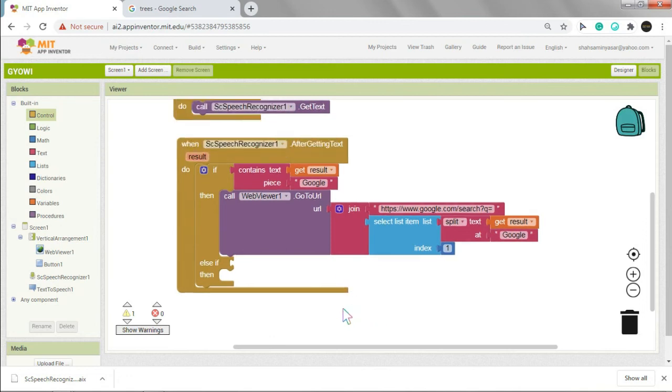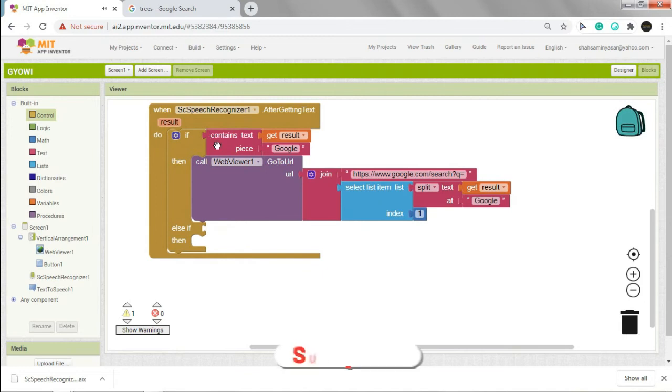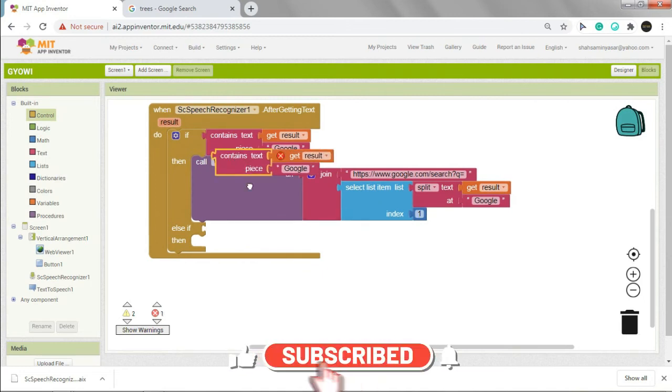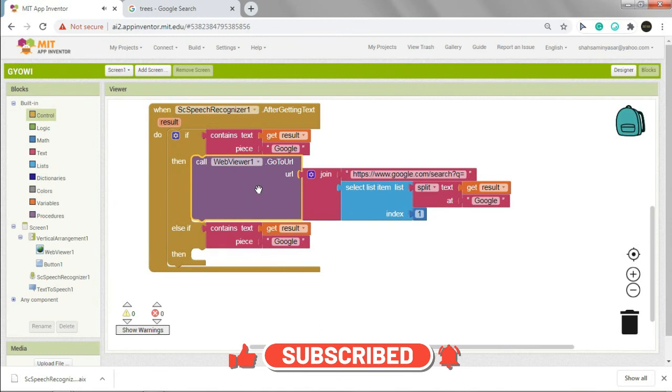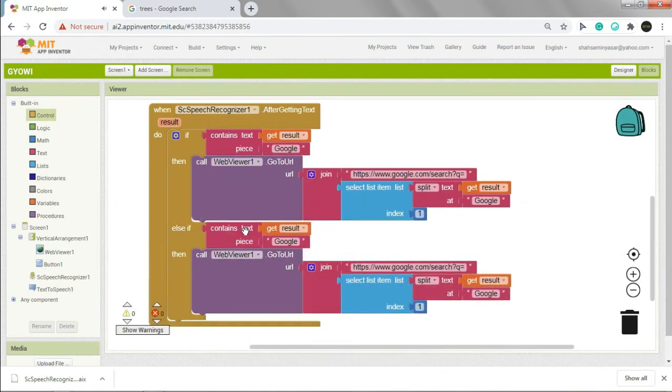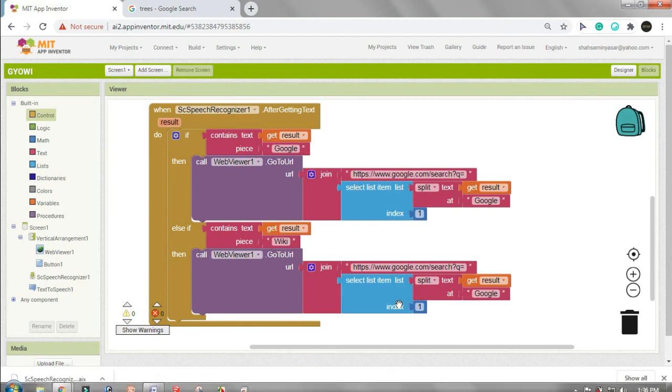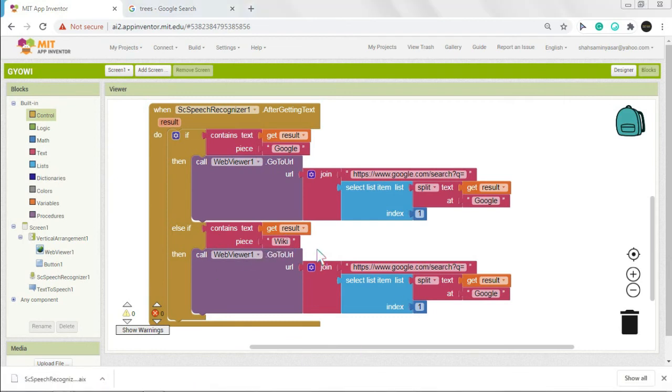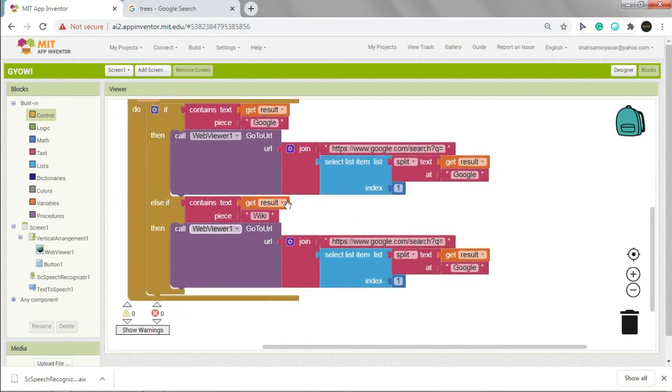So else, and just copy and paste all these, Ctrl C, Ctrl V. Else, the result contains text piece wiki. In case of wiki also, W should be capital, and all the rest letters should be small. If the result contains wiki, then we have to call the web viewer to go to URL and wiki.